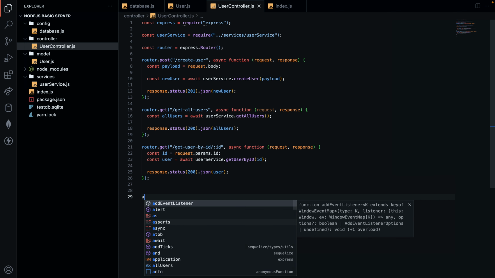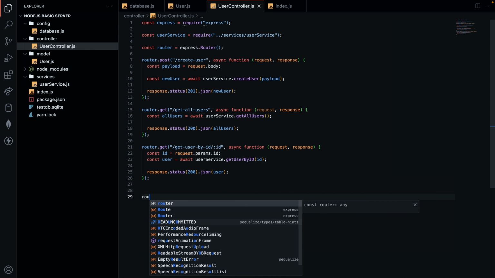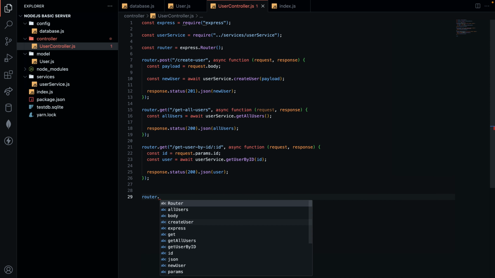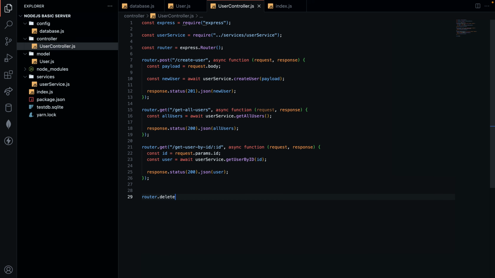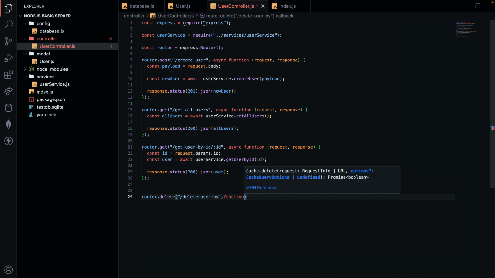So let's work on the delete user function first of all. So we need to create a route for that. We use router.delete. That is the method we want to call for this, and then the path to delete a user, we want to make it delete user by ID. And then we'll have our Express function once again right there, and this is taking in